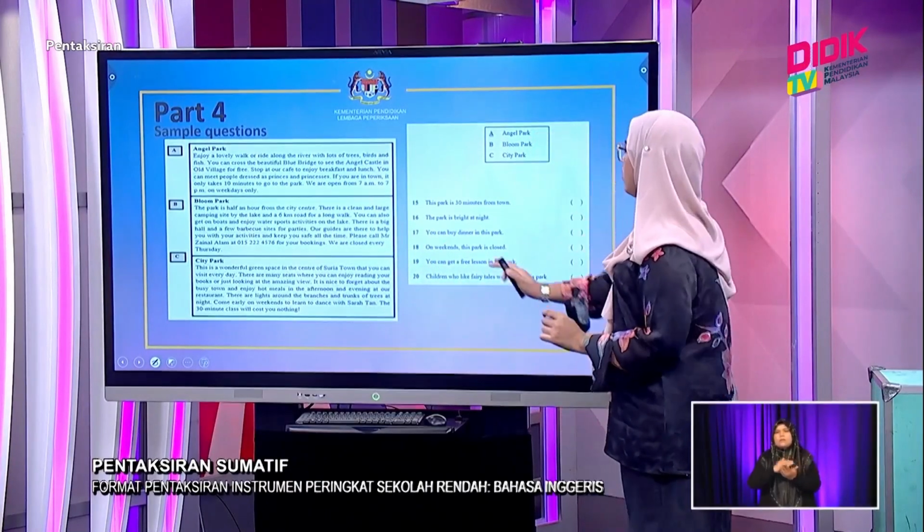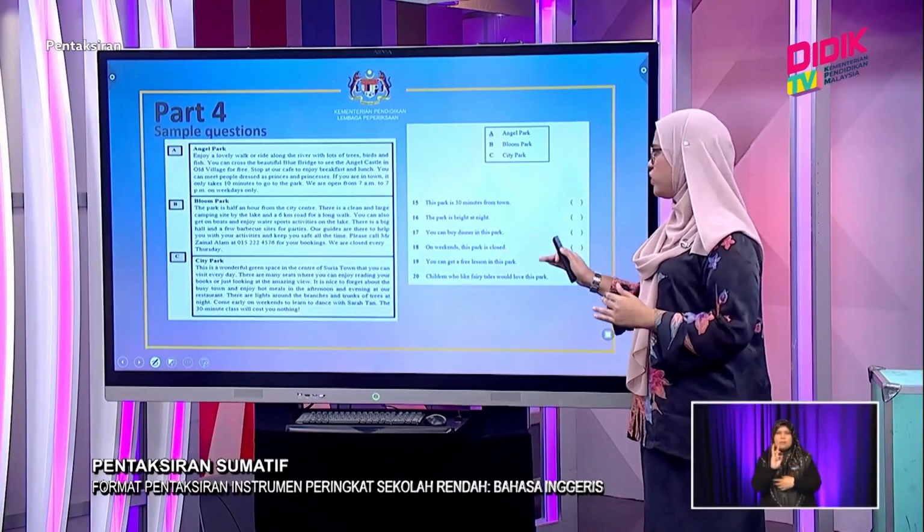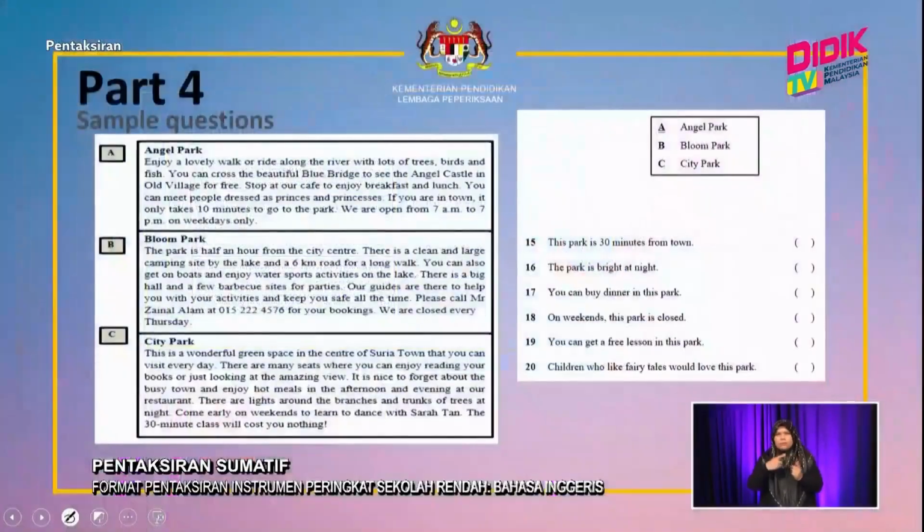On this side, you're seeing 6 statements. What you need to do here is matching them. You need to read the statement and then match it to the correct text, either A, B, or C. So this is a bit challenging, I think. What's important here is for the candidates to read and understand the information. Only then will they be able to process the statements and match them. They have to choose A, B, or C.